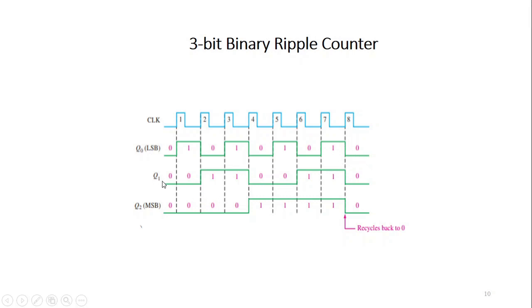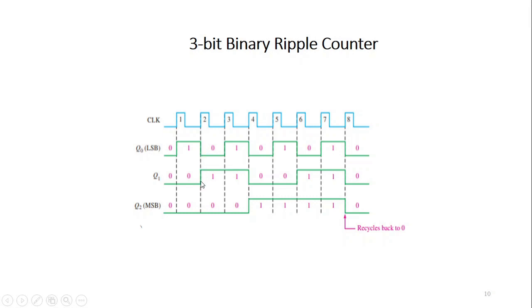So the next flip-flop, which has the output Q1, takes the previous Q output as its clock pulse. Here, the Q0 output is connected to the clock input of the next flip-flop. When a negative clock pulse arrives at Q0, there is a change in the Q1 output. Here a transition from 1 to 0 occurs at the Q0 output. At that time there is a transition from 0 to 1 in the Q0 bar output. At that time only, Q1 will be changing.